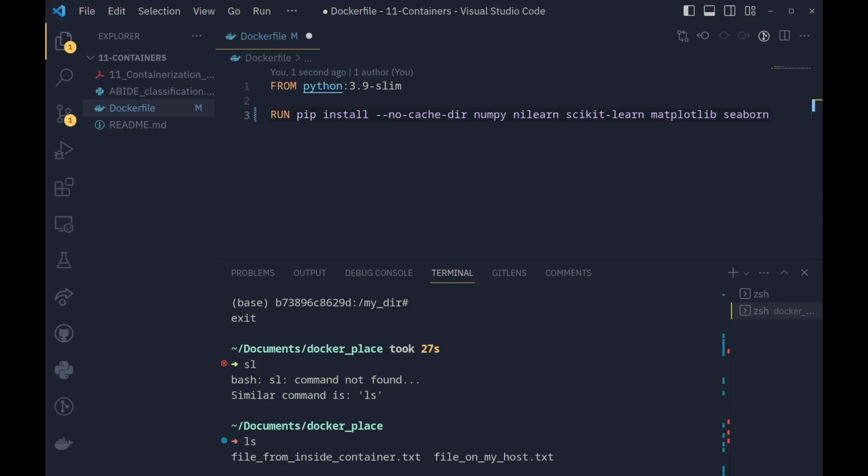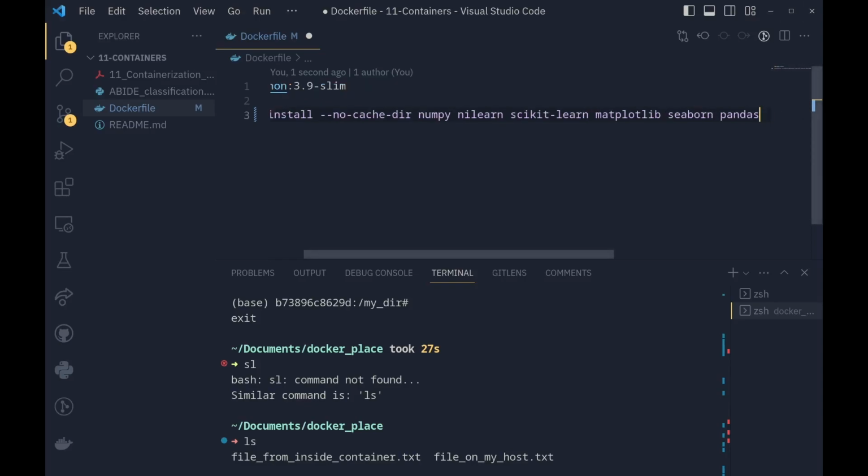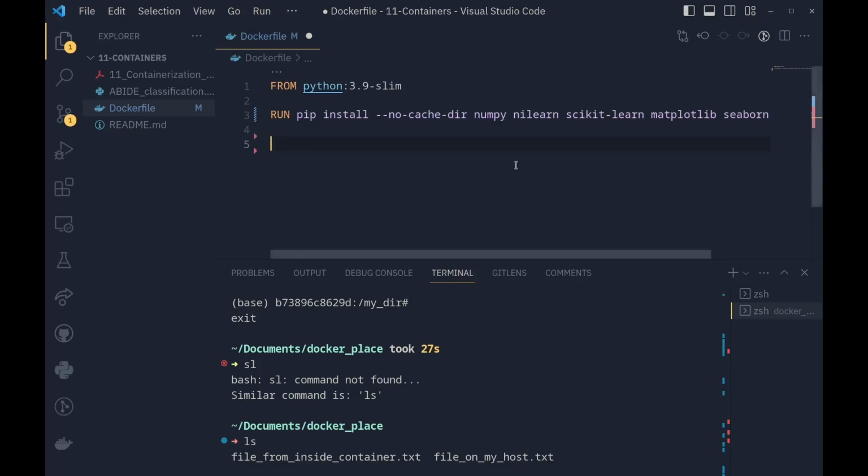The reason for this is that Docker is really good at caching these layers on its own, so we don't need to use the Python caching of dependency installations. Okay, so now the run command should install all of these Python dependencies into this environment,